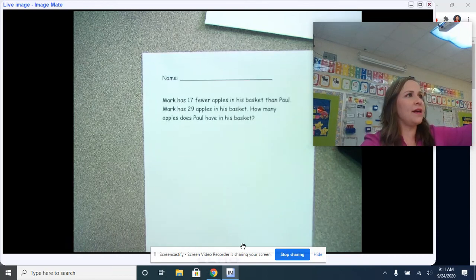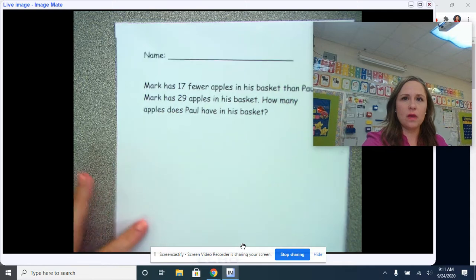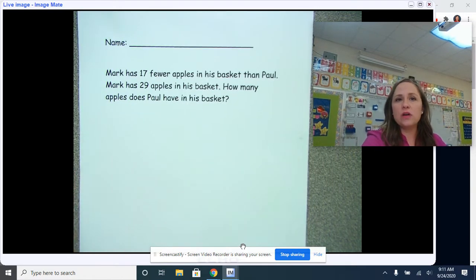Today, let's look at a word problem. In this lesson, we're going to talk about how to read and solve a word problem. There's a strategy that you can use,